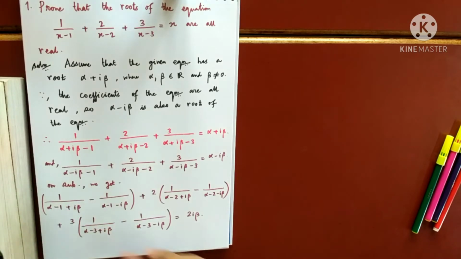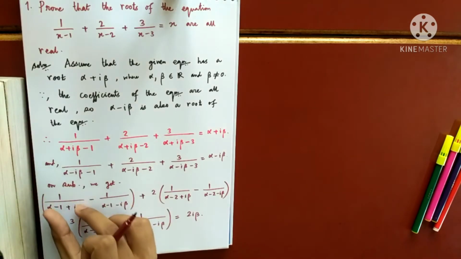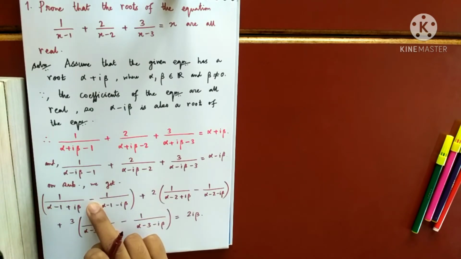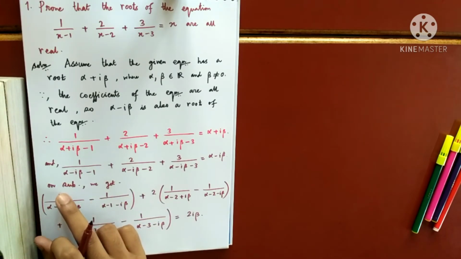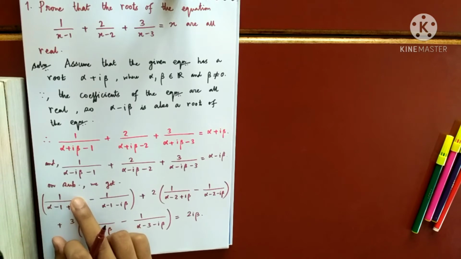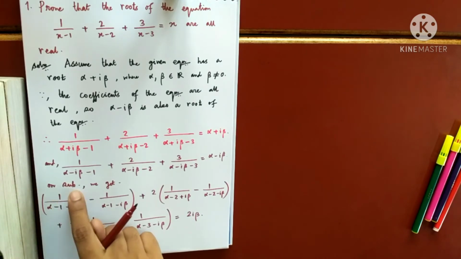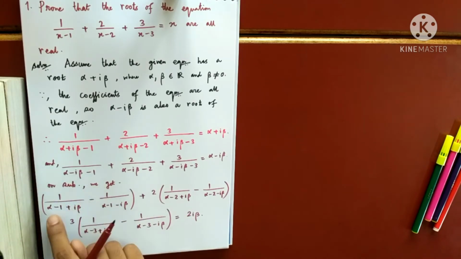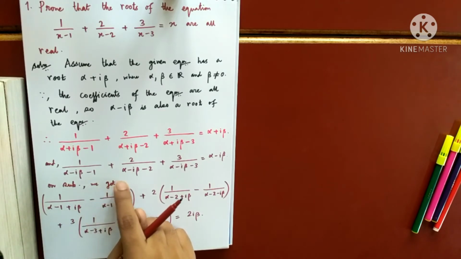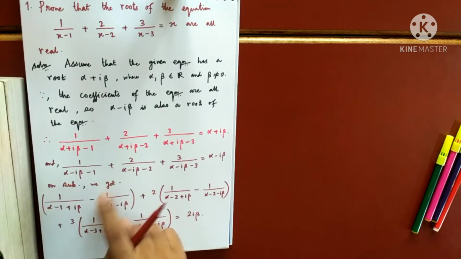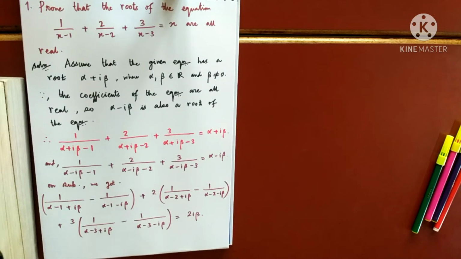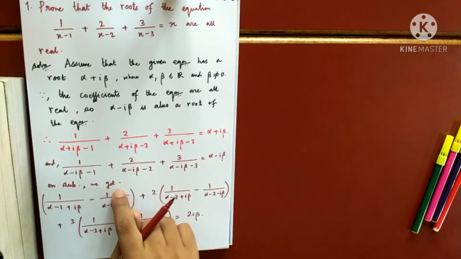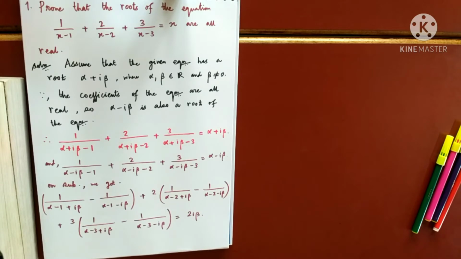Just try to simplify this. You send this here, you write this here, and there is a minus, be careful. So this becomes, in the numerator I have alpha minus 1 minus i beta, then minus of this thing. So minus alpha plus 1 minus i beta. Alpha getting cancelled, minus 1 plus 1 getting cancelled, and minus i beta minus i beta. That will become minus 2i beta.